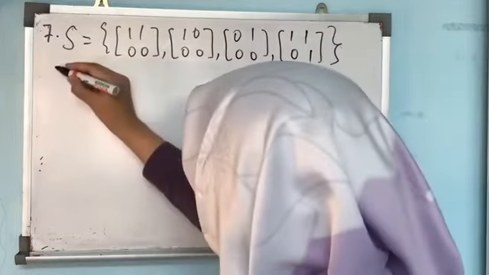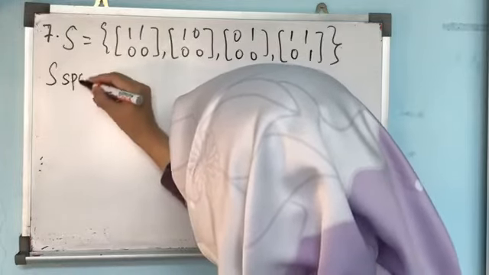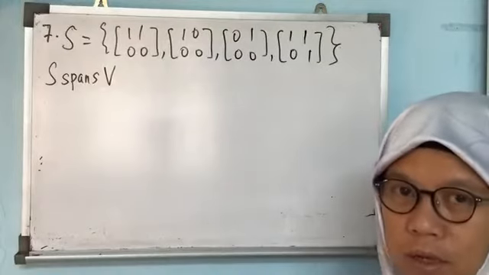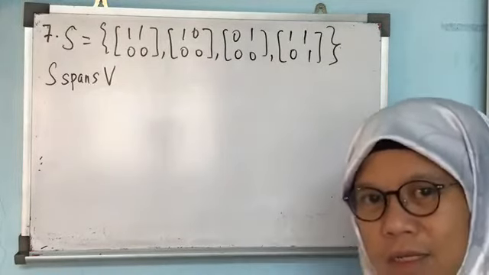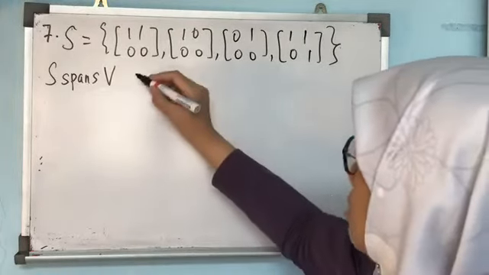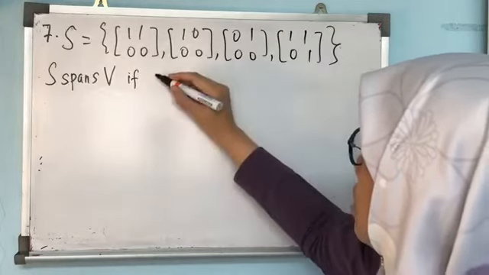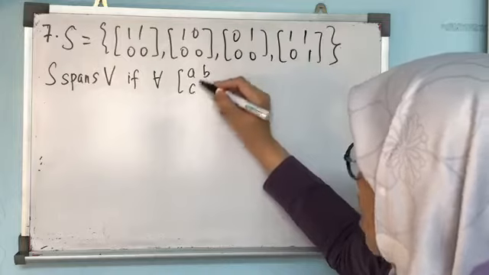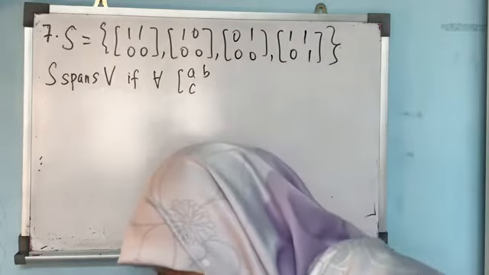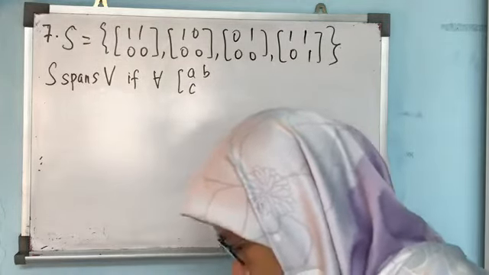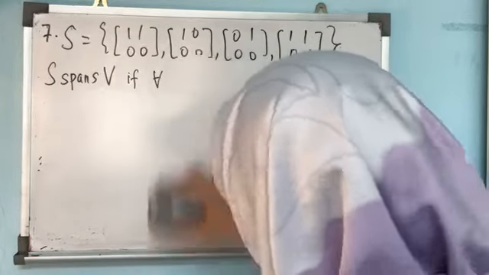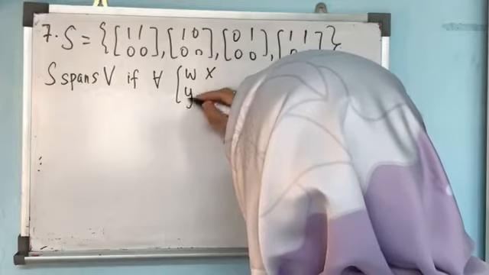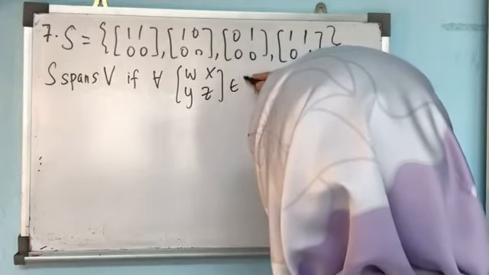So what we do before is just write this out, because this definition gives marks. That is part of your working, right? S spans V if for all, we call it A, B, C, D, I call that W, X, Y, Z, W, X, Y, Z in V